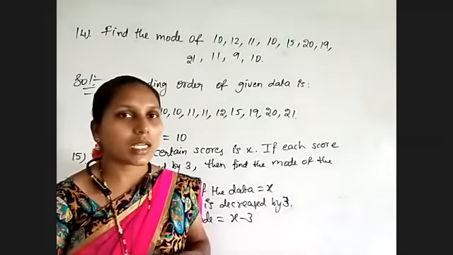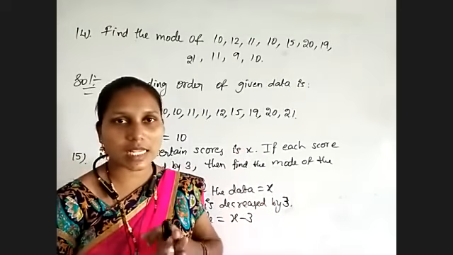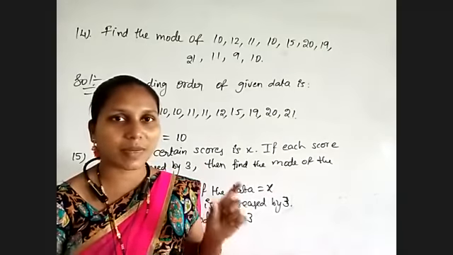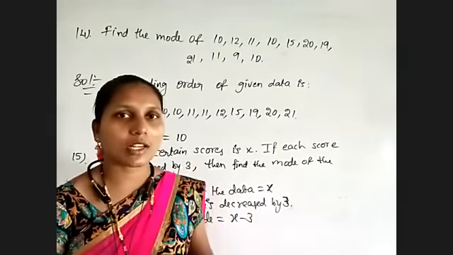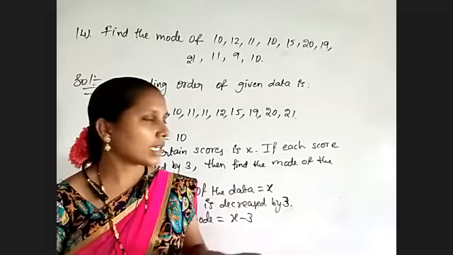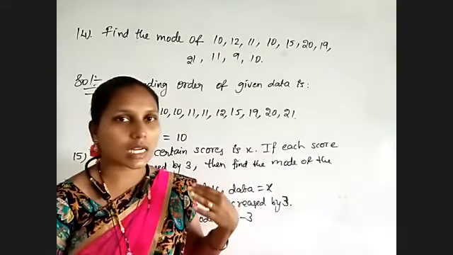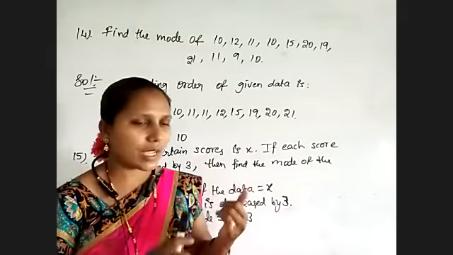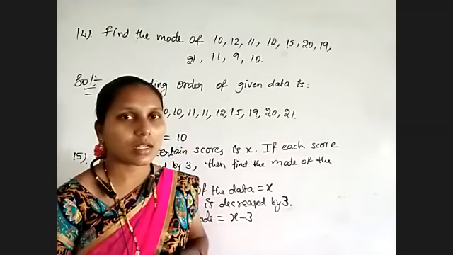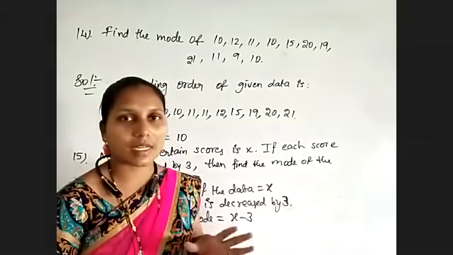And secondly, median or mode, whenever they ask, first arrange the given data in ascending or descending order. After that, if they ask median, select the mid value. If you get 2 mid values, take the mean of those 2 mid values to get the median. And in case of mode, the observation occurring most often, that value you need to consider as mode. If every number comes an equal number of times, then there is no mode for the data. So remember these topics and find the mean, mode, median for the given data. Okay.